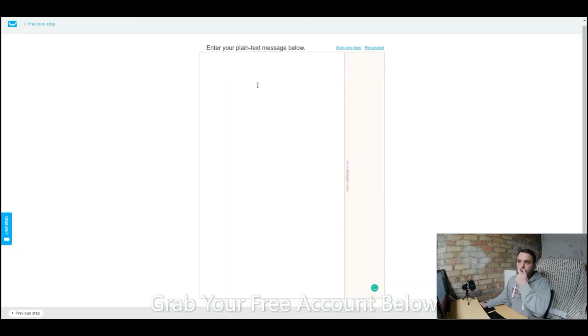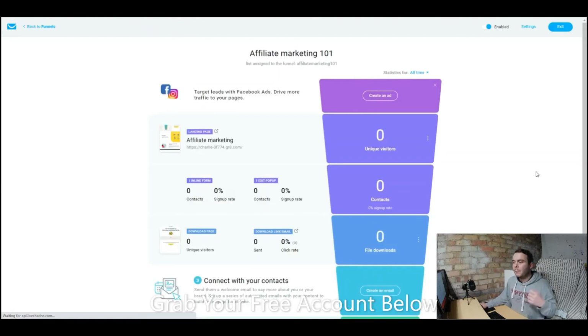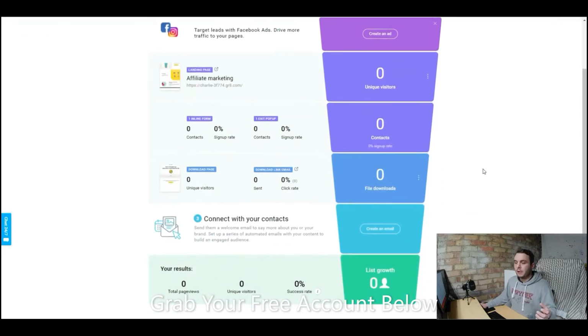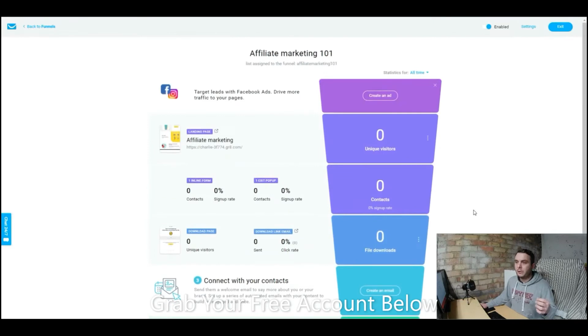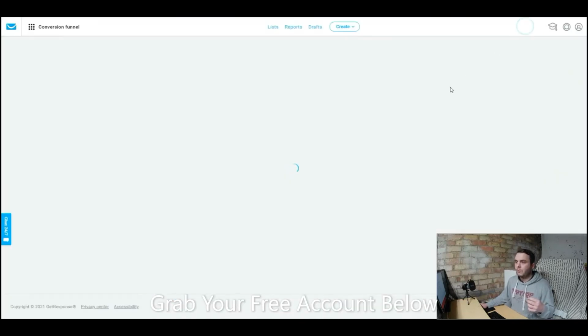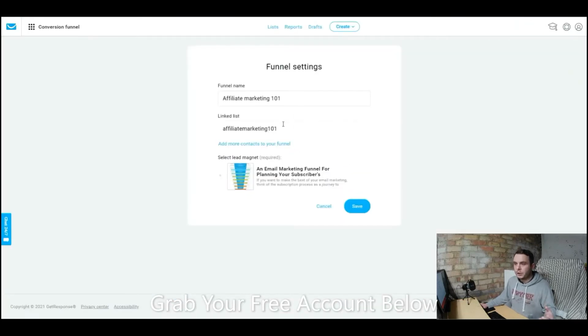And again, you can just put your plain text in here, but I don't create my emails inside this. A much better option for you is to use the email autoresponders at the very least, and just set your emails up in there. It's much easier to do, and you can set that so that it goes to the list that you want. Up at the top right, we've got the settings where you can just change the name,